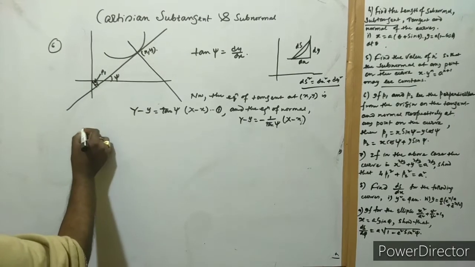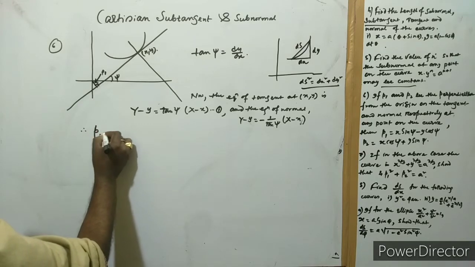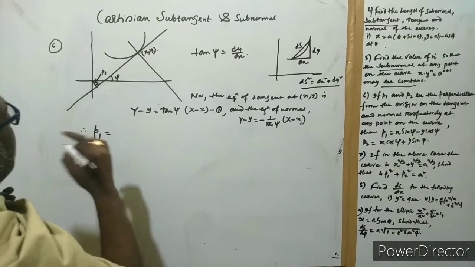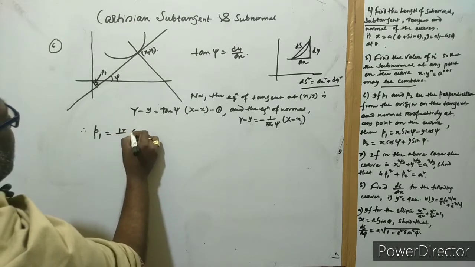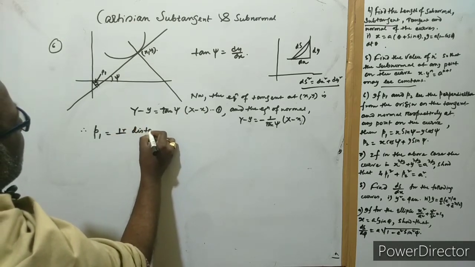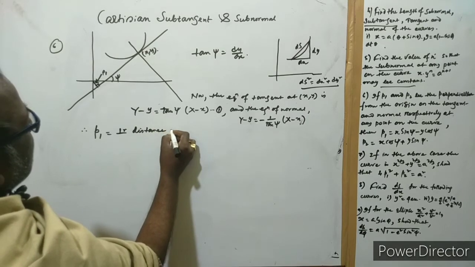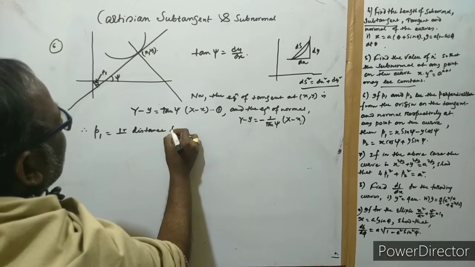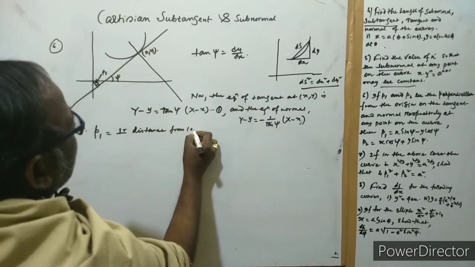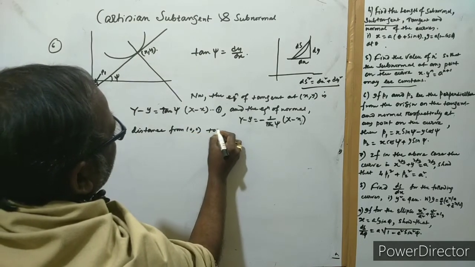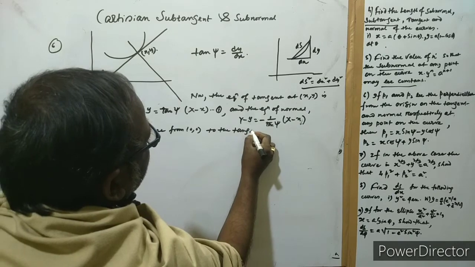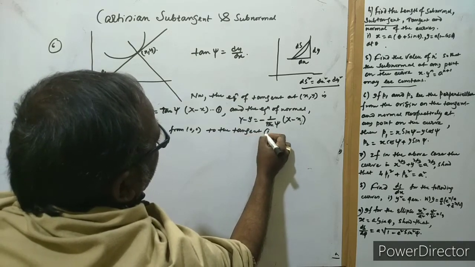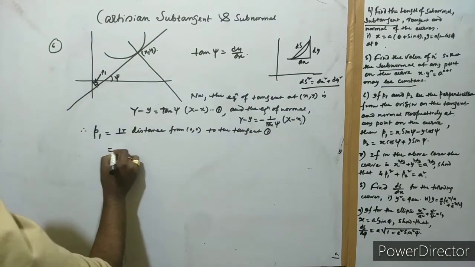So now P1 is equal to perpendicular distance from 0 0 to the tangent 1, that is equal to